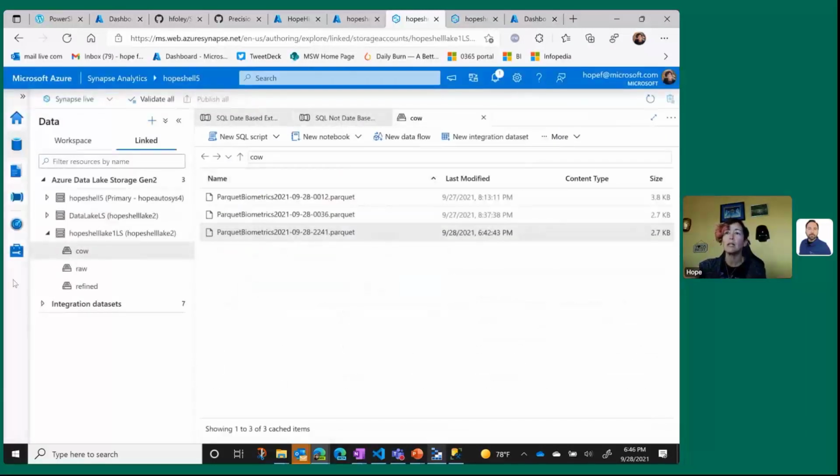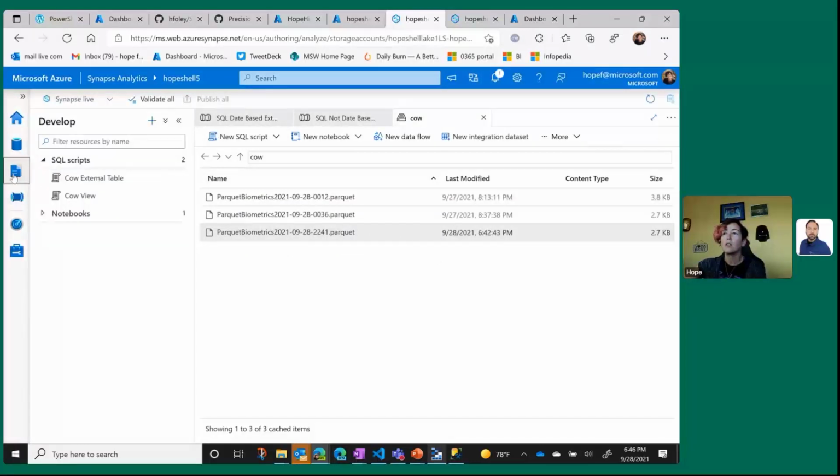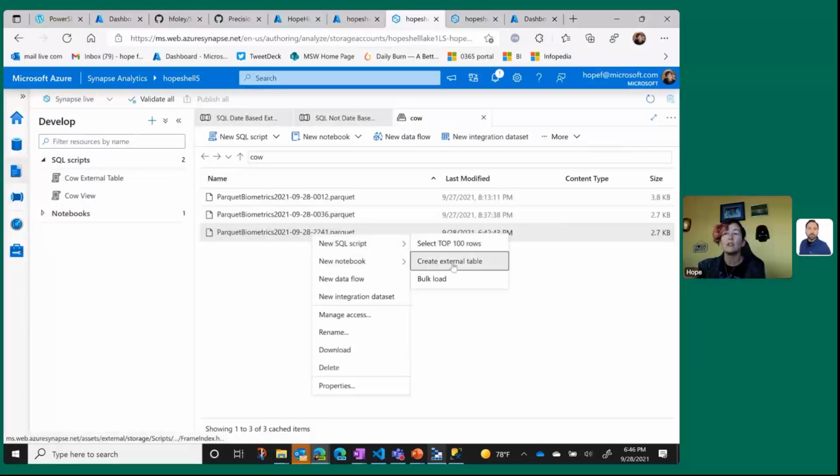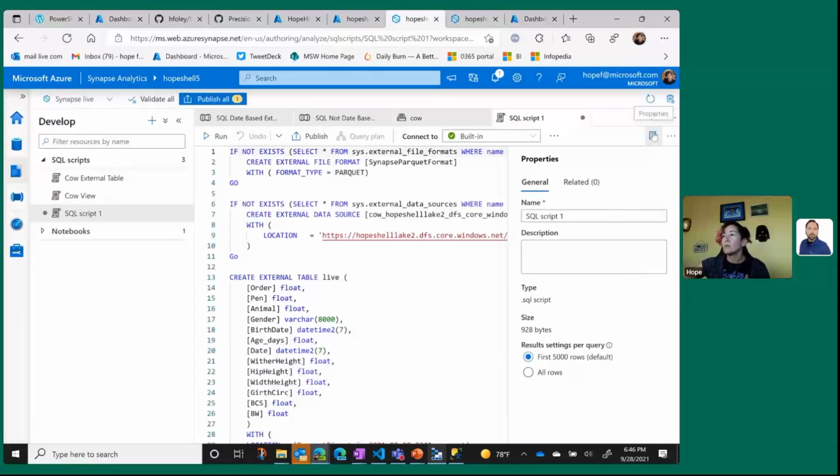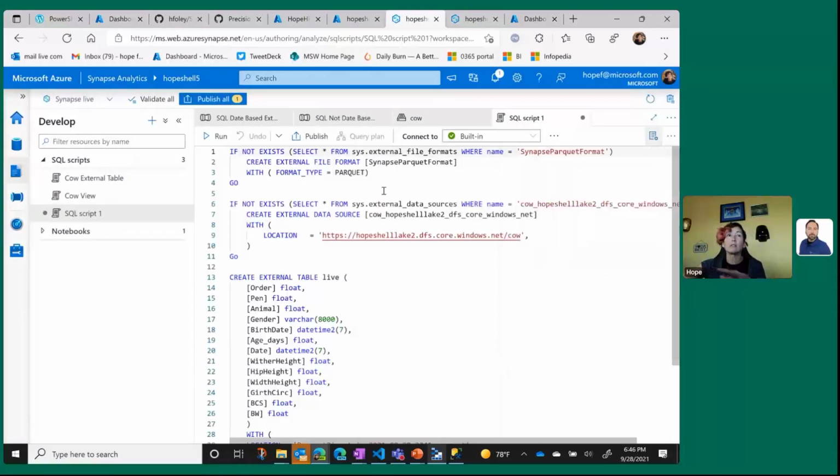I'm going to jump over to my, so let me show you this. I didn't do this. This is not something I scripted out myself. I tweaked this. So if you click create external table, I'll go ahead and click this. It will build a script for you. We can just say live. I won't run it, but this will create a SQL script for you where you can see this is just SQL. But you can see it's pointing to built-in. This is the serverless side of the house, which opens up some really interesting